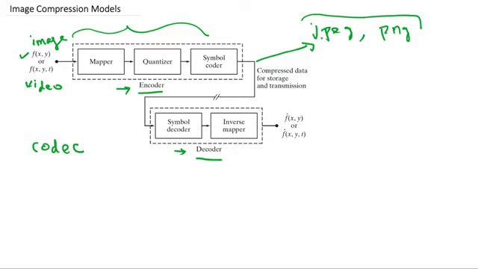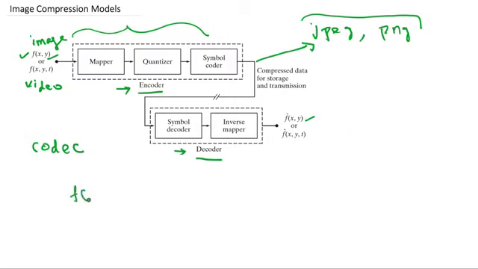If you want to open those files, you have to decompress the files in the JPEG or PNG format. That is done with the help of a decoder. A decoder receives the compressed image and gives us the original image to view. So the compression happens when an image is stored, and decompression happens when an image is opened for viewing. Now you might have noticed here I have written f of xy, but there I have written f hat of xy. So there are some differences happening here.